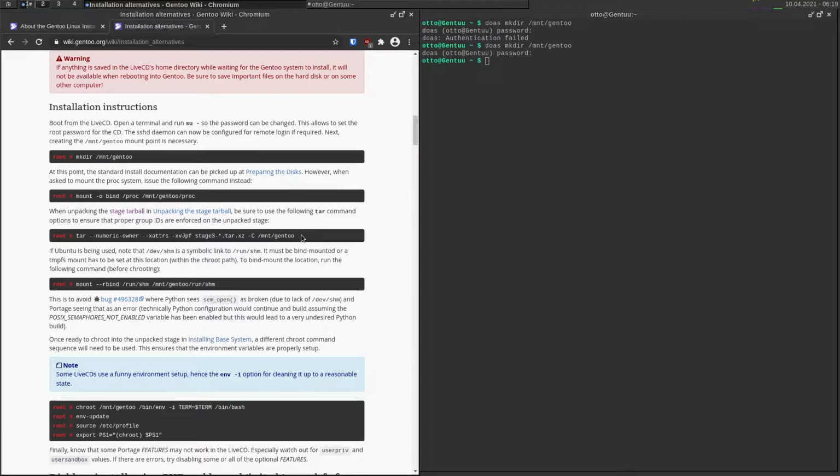But yeah, you want to use the special, different tarball install or unpacking command when you're actually unpacking the tarball if you're using a live CD. Not really complex, and then you also want to